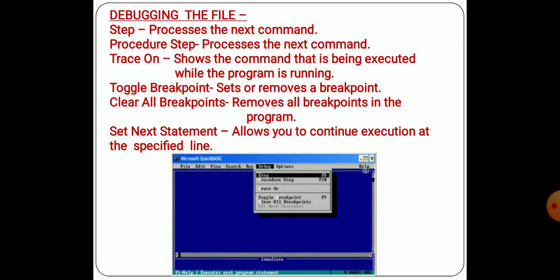It sets or removes a breakpoint. Use this to have the QBasic interpreter stop when it reaches a specified line in the program. Clear all breakpoints. It removes all breakpoints in the program. Set next statement allows you to continue execution at the specified line.